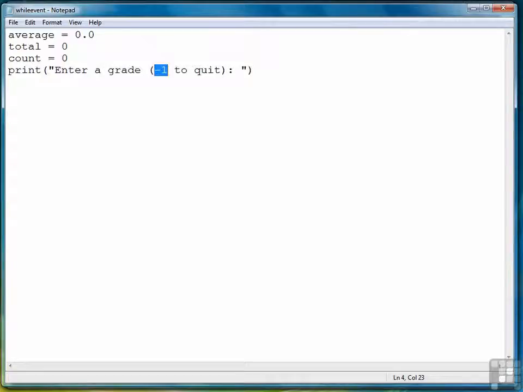-1 is our sentinel value. Entering -1 is the event that causes the loop to stop. Then we get that grade in, and we convert it to an integer after we get it from raw input. Now we start our loop. While grade is not equal to -1,